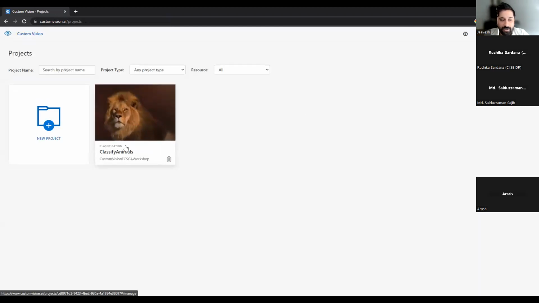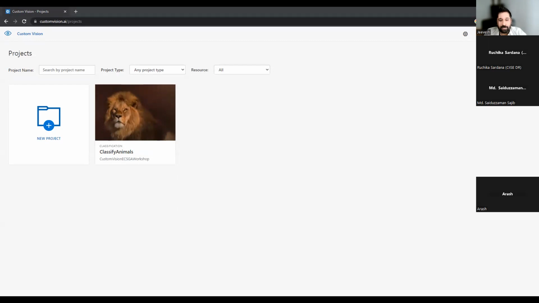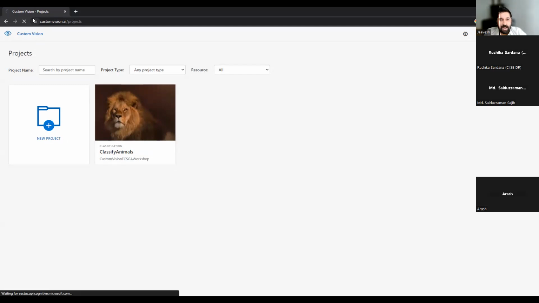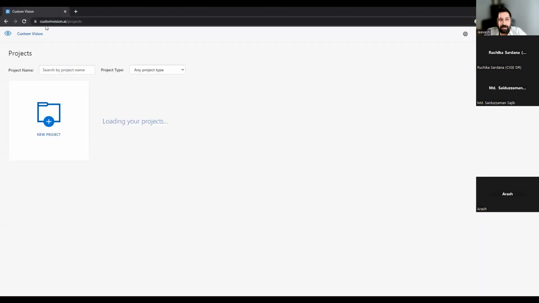So similarly, we did one practical on classifying the animals. Let's do another one where we'll, just a sec, it's a little sunny out here. Okay, so we did one on classifying the animals. Let's do another practical where we will be looking at the road signs and we will be exploring object detection capabilities of Custom Vision. So all of you, please click on the top left and you will be redirected to